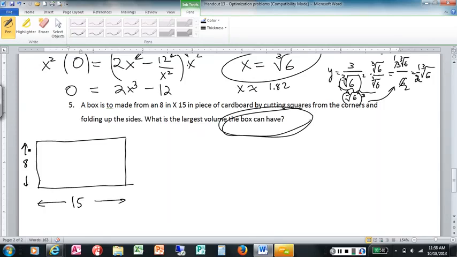And we're going to make this into a box by cutting out squares on the corners. And they are going to be the same size squares. And then folding up, so we get rid of these, and then we fold up